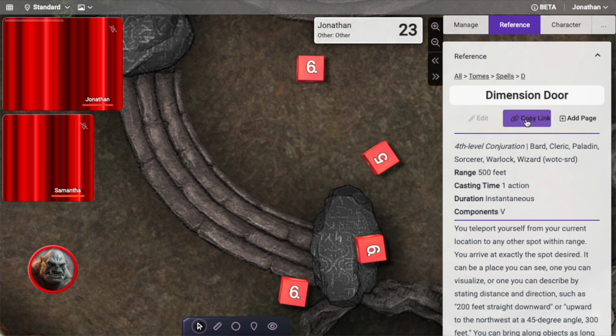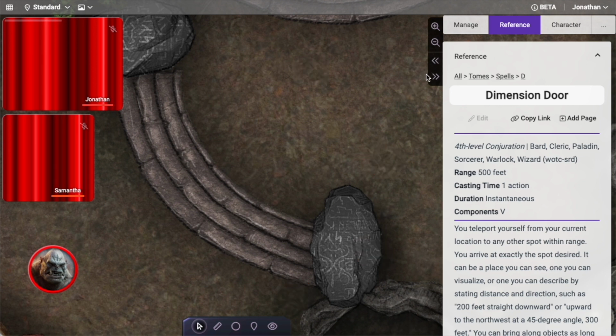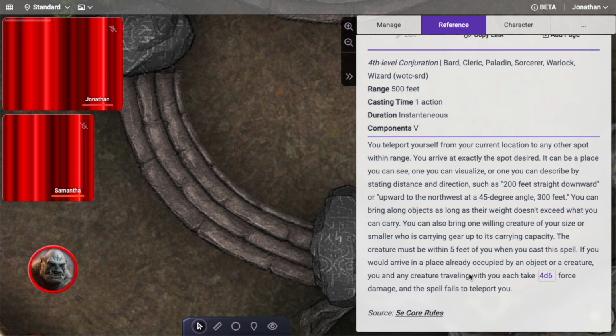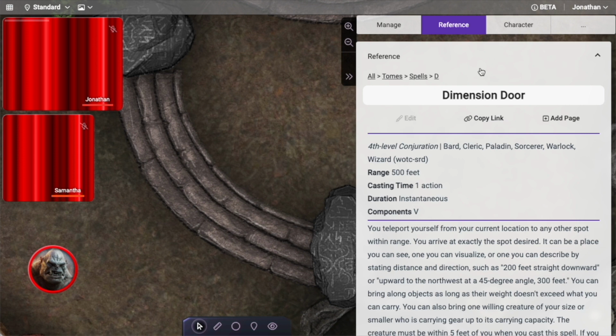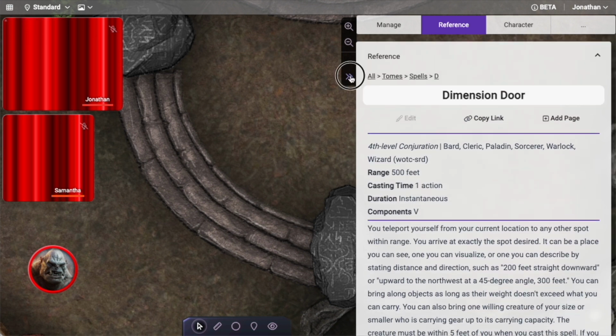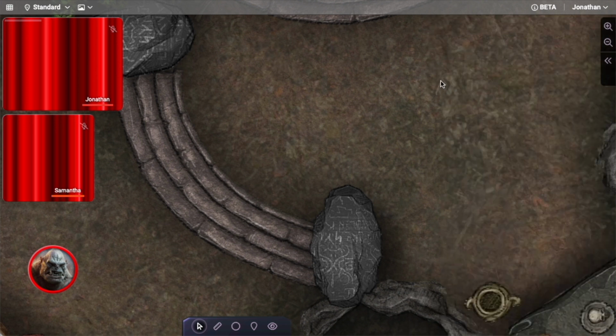You can copy a link and paste it inside of one of your other areas. So for instance, if I wanted to have a link to Dimension Door from another reference page, I can copy this link and paste it in when I'm working with another page. One of the other things we've done is we've added this ability to expand this side panel. We know that the smaller side panel has been a little painful to read, especially if you have a large enough monitor. So for now, we've made this expand a little bit so you can read this a little bit easier. And you can always shrink it all the way back down or even dismiss it entirely still.